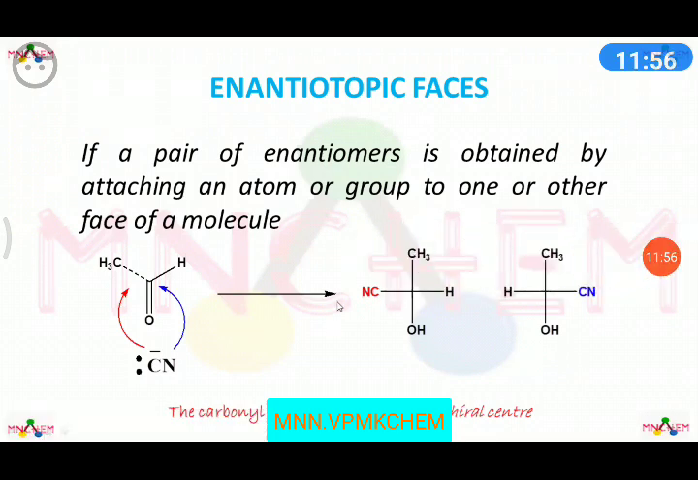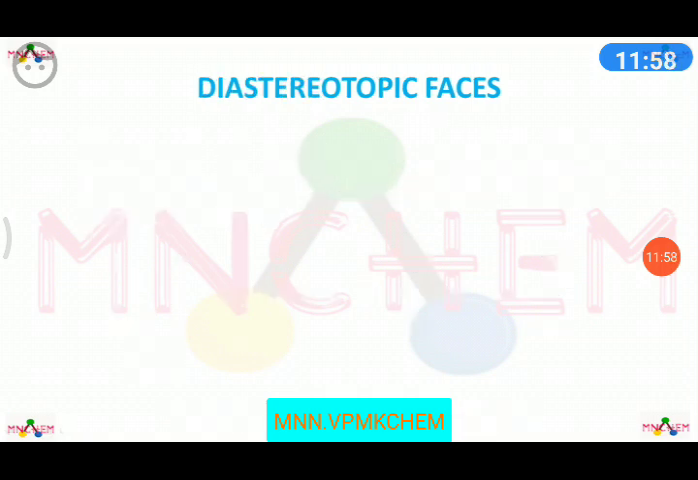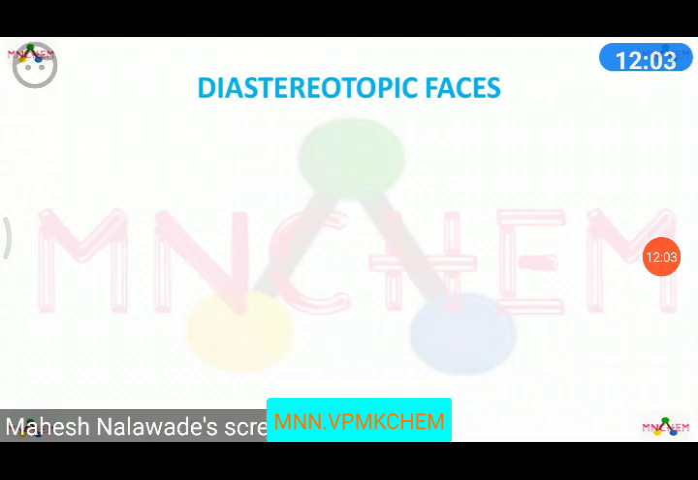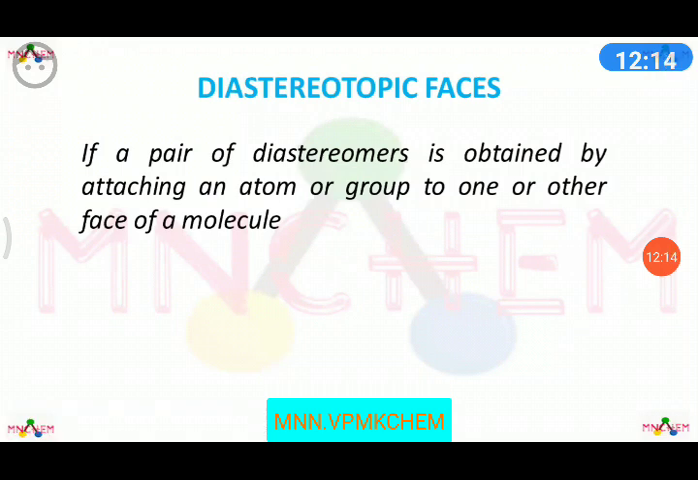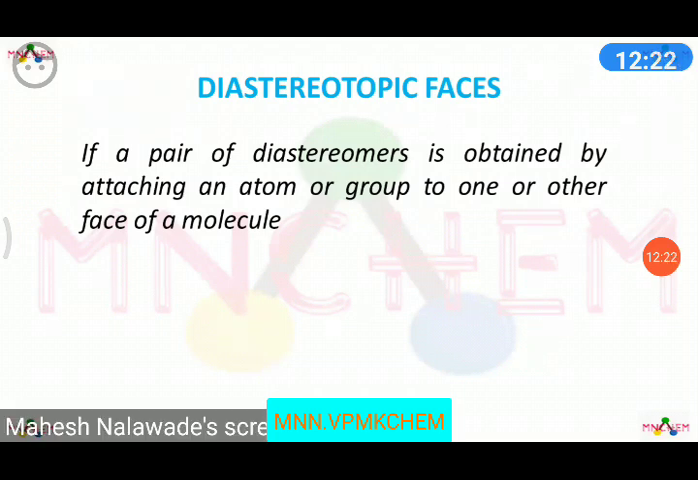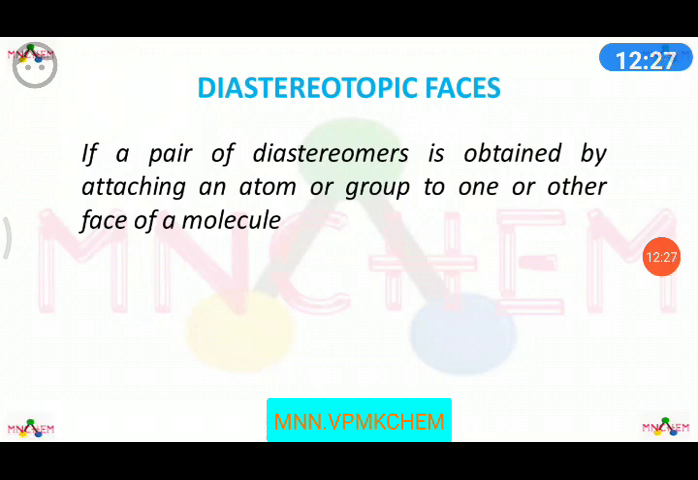Next concept is diastereotopic phases. Similar to enantiotopic phases, if I get a pair of diastereomers after attaching an atom or group from the two faces, I refer to it as diastereotopic phases. The definition can be written like this: if a pair of diastereomers is obtained by attaching an atom or group to one or another phase of a molecule, they are called diastereotopic phases. Example,